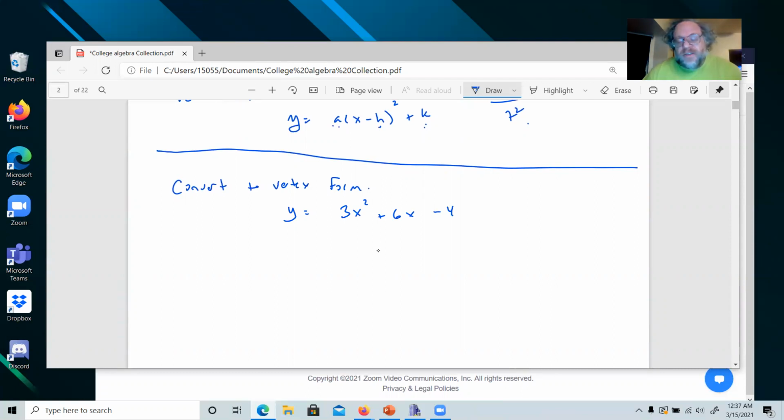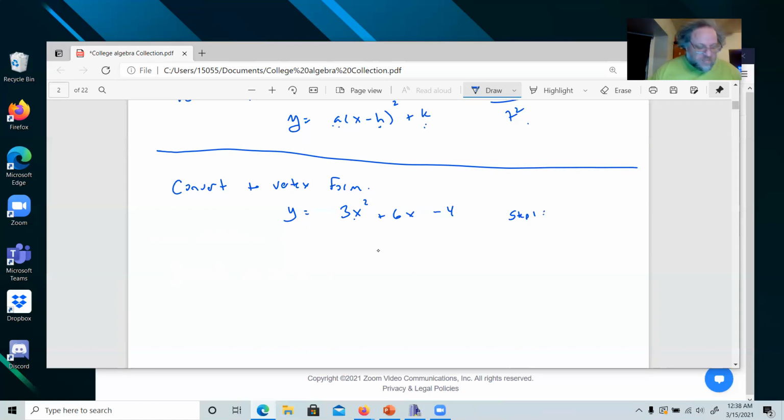Most of the time, it's either going to be in vertex form for you already, or this is putting a coefficient on the first term. This is simply cruel. This is just making it a lot harder for the sake of making it a lot harder. It does happen, but I just want you to be aware. If you have a 1 here, this first step isn't something you're going to really do. Okay, so step 1